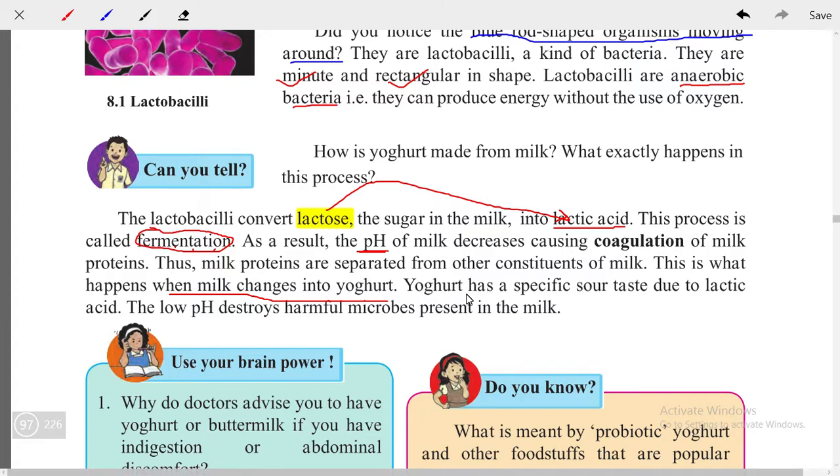Yogurt has a specific sour taste due to the lactic acid, and low pH destroys the harmful microbes present in the milk. What are the characteristics of yogurt? Yogurt has a sour taste,